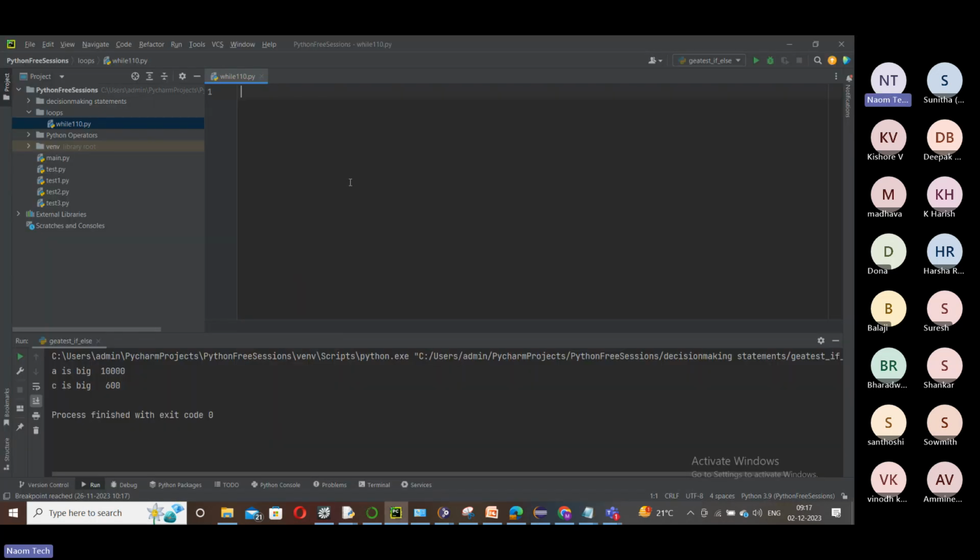So now, first you should declare a variable. This is Python, right? We don't need any data types because it is dynamically typed. So then what should we do? While i is less than or equal to 10, colon. Put the colon and then enter. As this is an IDE, it will automatically pick up the indentation. If it is Notepad, you have to check your indentation. But if it is an IDE, it will automatically pick up the indentation.